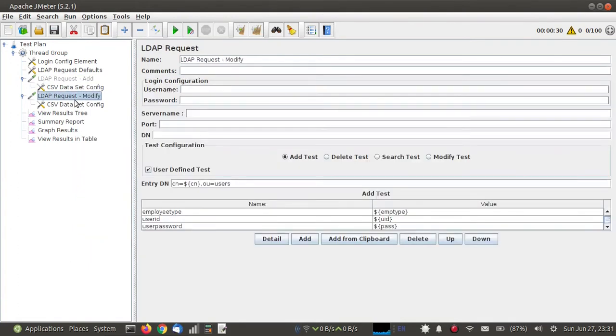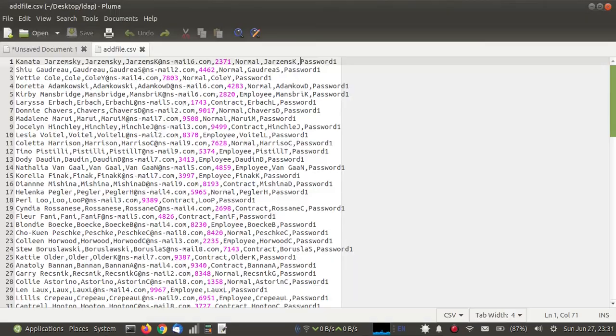To modify each record, I need to add another CSV with updated data. Suppose I want to update passwords of all the users. So I am going to change password from password1 to password2, and then I am going to add another column. Suppose I want to add car license for each user.